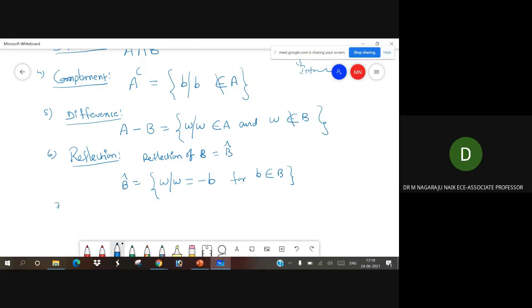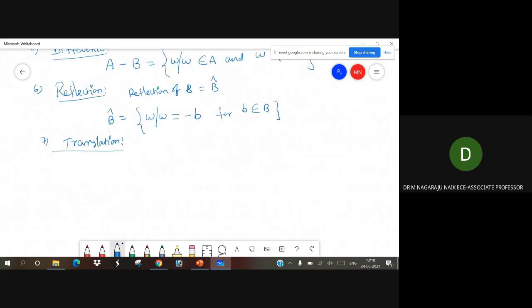Then the last one, translation. Now in translation, Z is equal to some coordinates Z1, Z2.